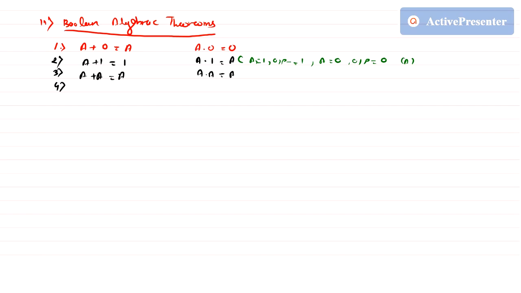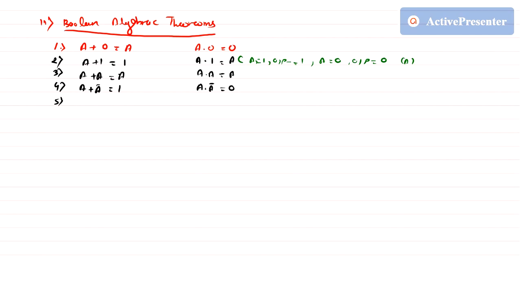So next is A plus A bar, which will always give you 1. Because if A is 0, then it will be 0 plus A bar, meaning 0 plus 1, which will give you 1. If A is 1, it is 1 plus A bar, which is 0, so 1 plus 0 will give you 1. But now if I write A into A bar, what will be the output? Tell me. 0. So the next properties I am just writing speedily.